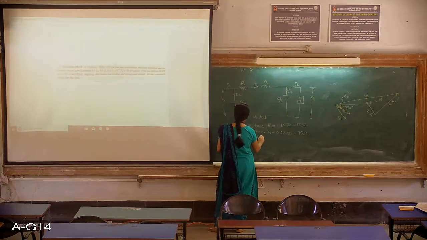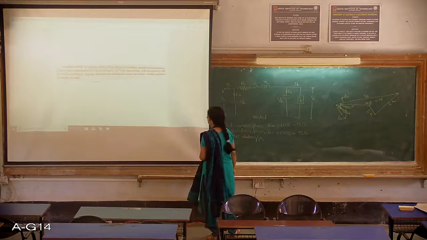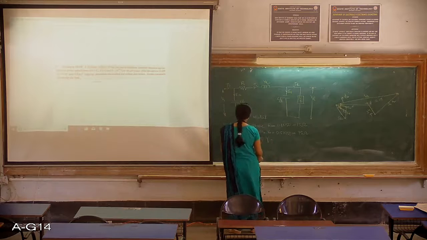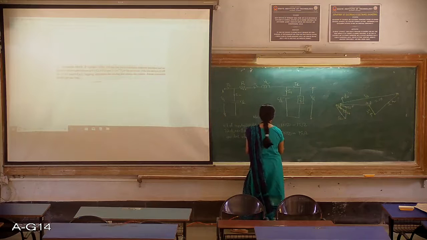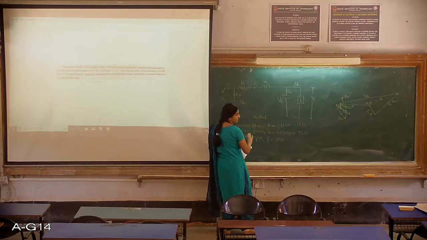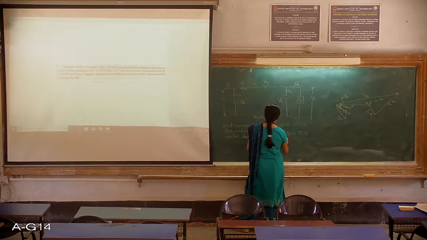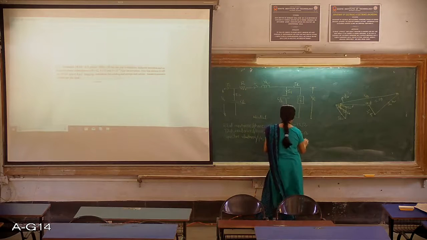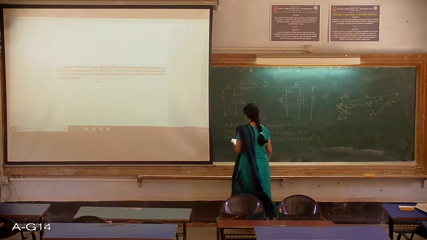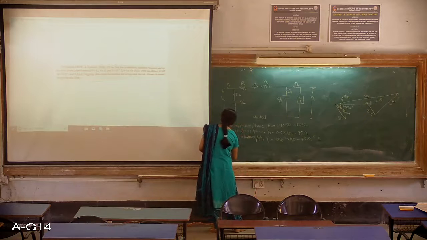Then capacitive admittance per phase, so you indicate it as Y. So this will be 3 into 10 raised to minus 6, see it is not capacitance, okay. So given capacitive admittance, please try to understand that. So it is 3 into 10 raised to minus 6 into 150, so this is 45 into 10 raised to minus 5 Siemens.